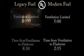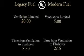Look at the times. It took 4 times as long to become ventilation limited in this demonstration with the older fuel as it did with the modern fuel. Then from the time of ventilation to flashover, the legacy fuels, the natural fuels, over 8 minutes. The time from ventilation to flashover, 2 minutes. How fast does that time go by when you're on the fire ground? Trying to get hoses moved, trying to get people organized, trying to get things